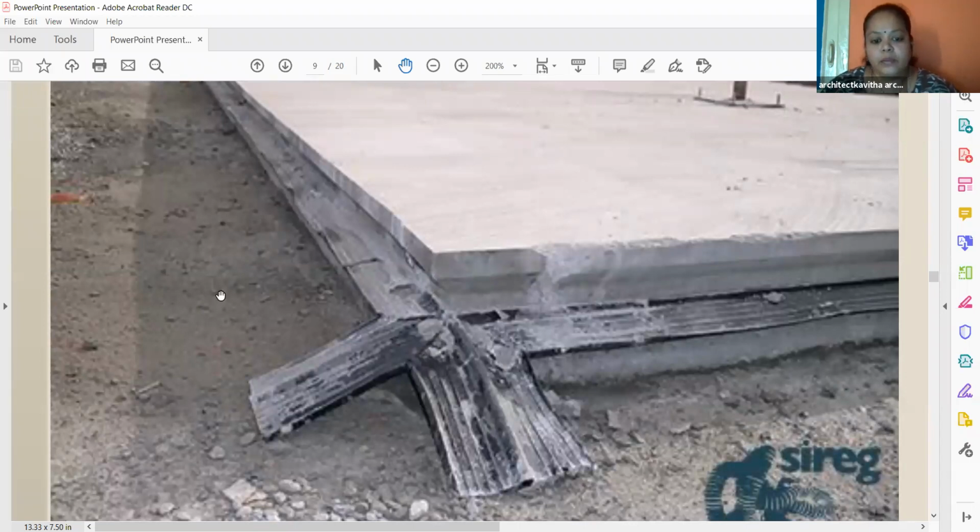So when 2 slabs are there in continuation, say this they have laid. When they want to lay the next slab, say tomorrow or next week or even next month, this will help in holding it tight. So waterlog will not be there.